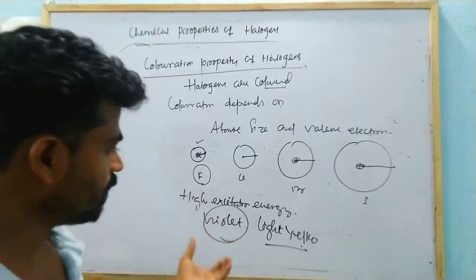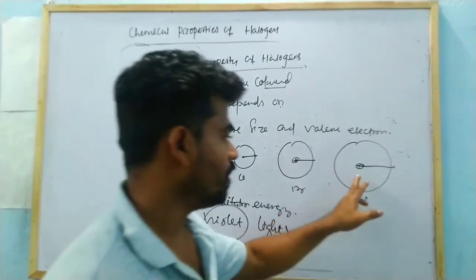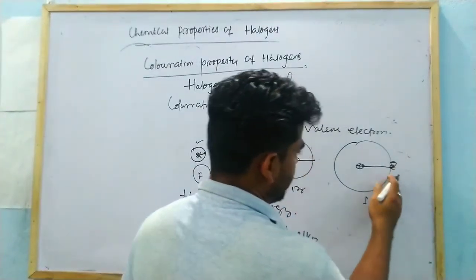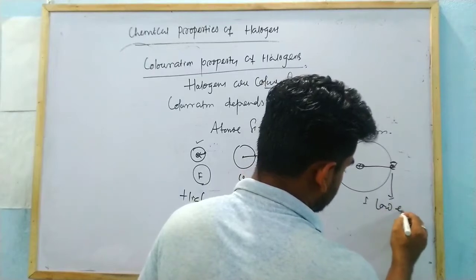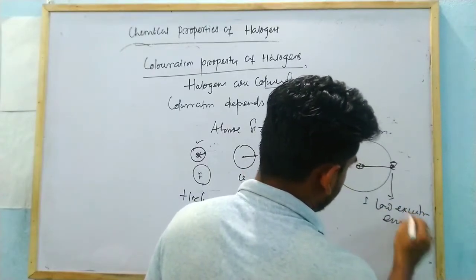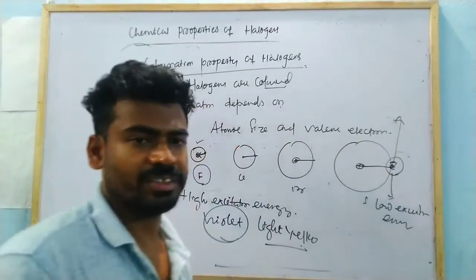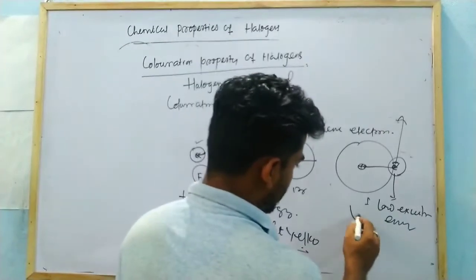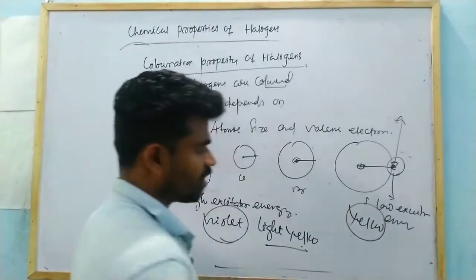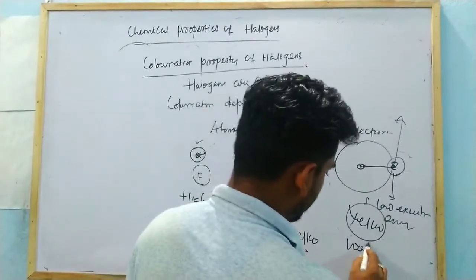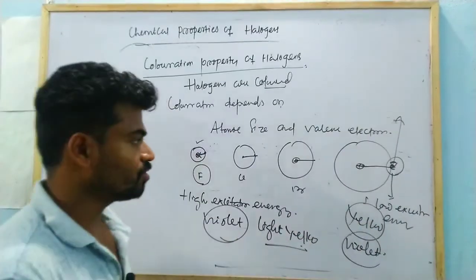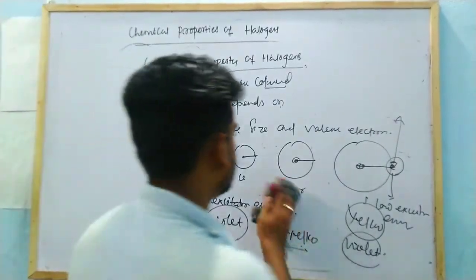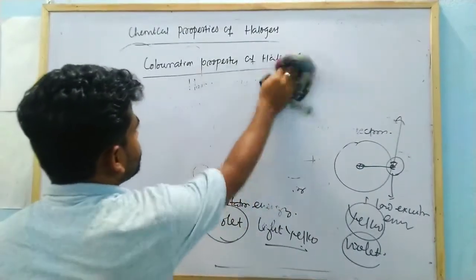Okay, the concept is vice versa in case of a larger size element, iodine. Due to its larger size, electrons require low excitation energy in order to be excited to the excited state. So due to low excitation energy, it mostly absorbs yellow radiation, and the complementary color is found to be violet. So this is the concept behind the coloration of halogens. Clear? Next,